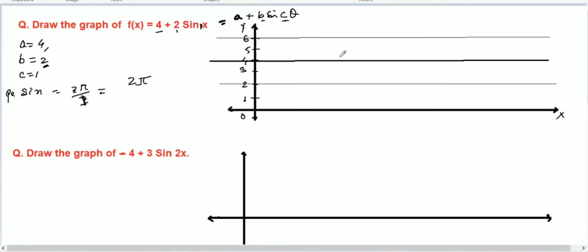Let's draw the graph here. As our period is going to be 2 pi, write down 2 pi here. The graph will be on the midway line. So here it will be pi, then pi over 2, and here 3 pi over 2. Now draw the graph. Our sine graph will always cross 0, 0, so this will be here, here, and then here, and then here. Draw the graph. So join these points.